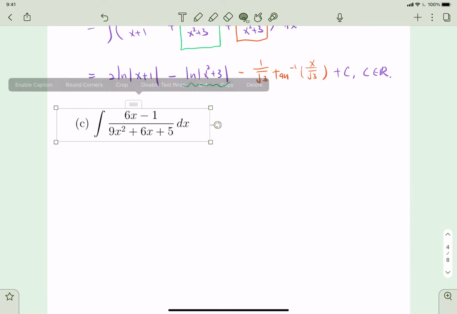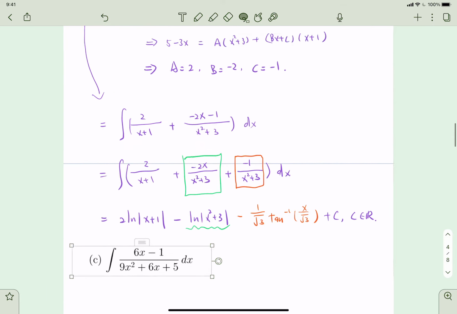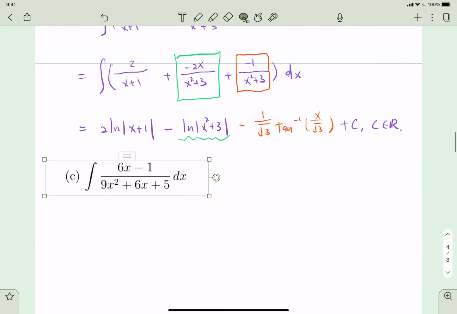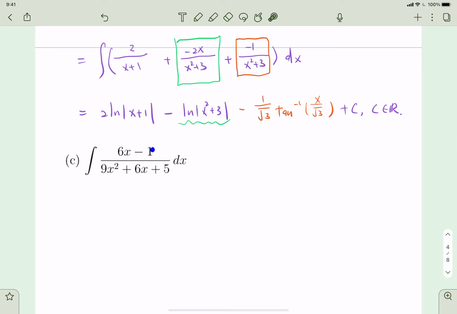Question C. Okay. And we're going to do the same thing. Kind of observe this fraction, right? Check the power. The power on the top is less than the power in the bottom. That is very good. And also we are going to check the discriminant. Make sure that the polynomial here in the bottom is irreducible,